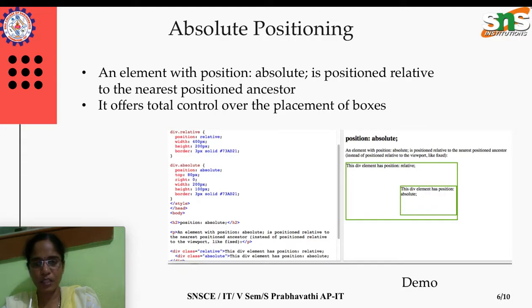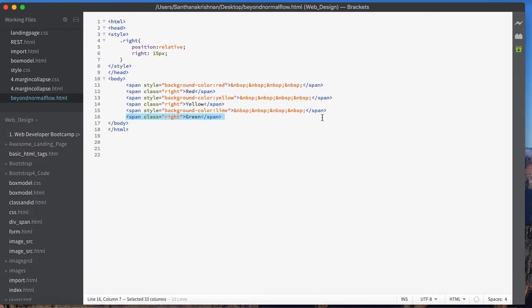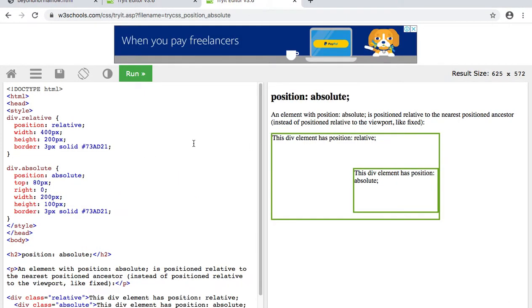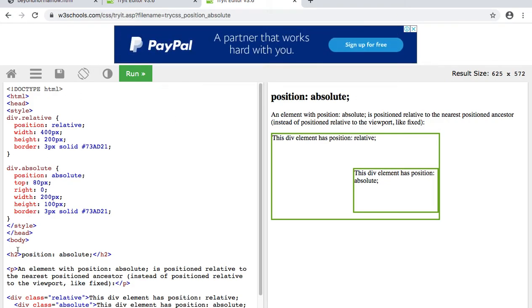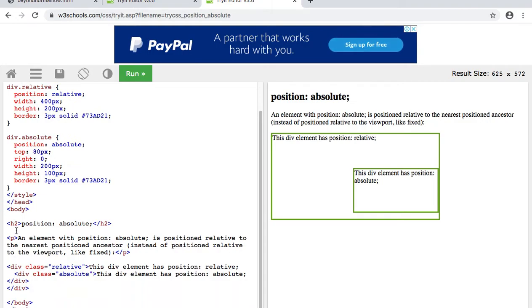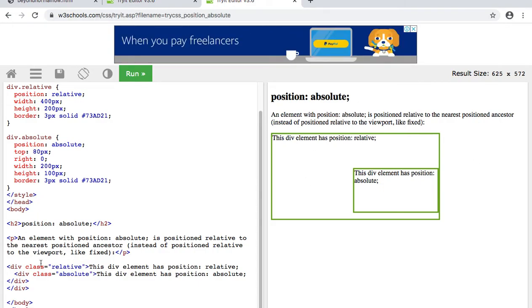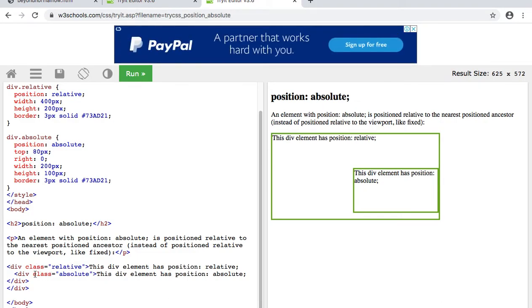See here, better I'll take you to W3Schools itself. This is about absolute. Just straight away come to the body part. Inside the body we have one H2 over here, and one paragraph, and we have two divs, okay.